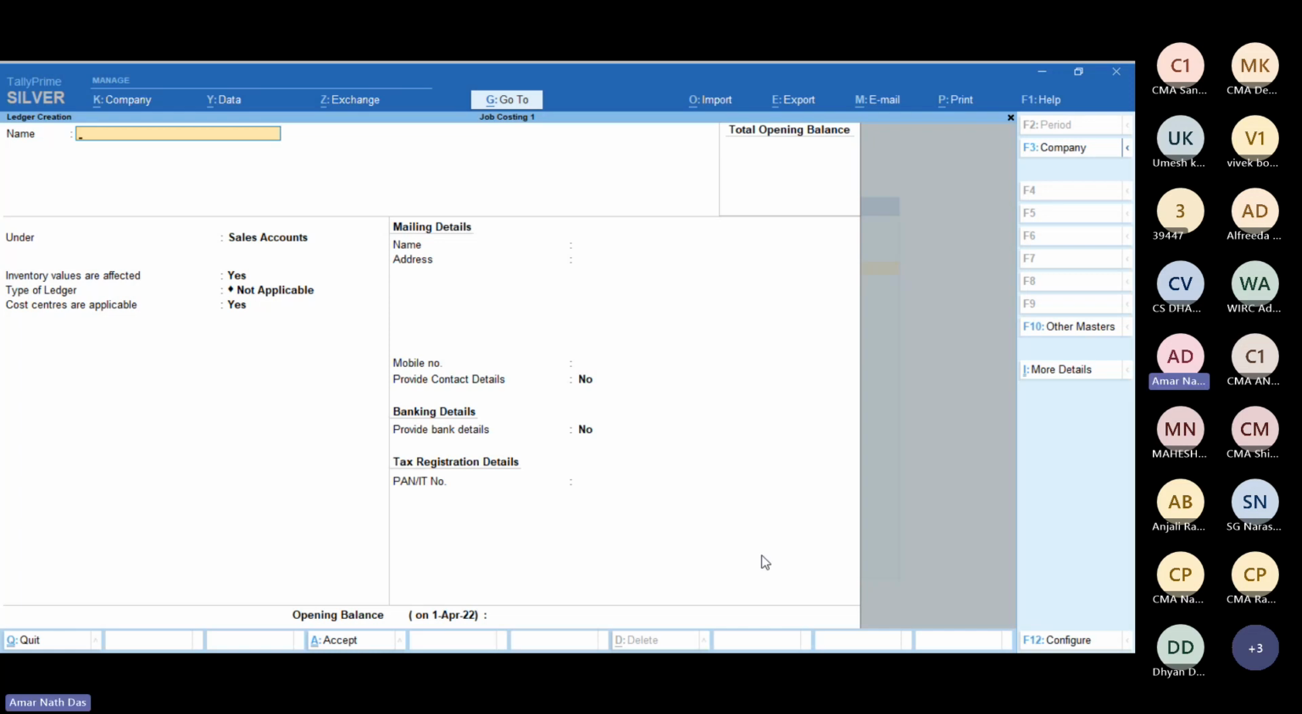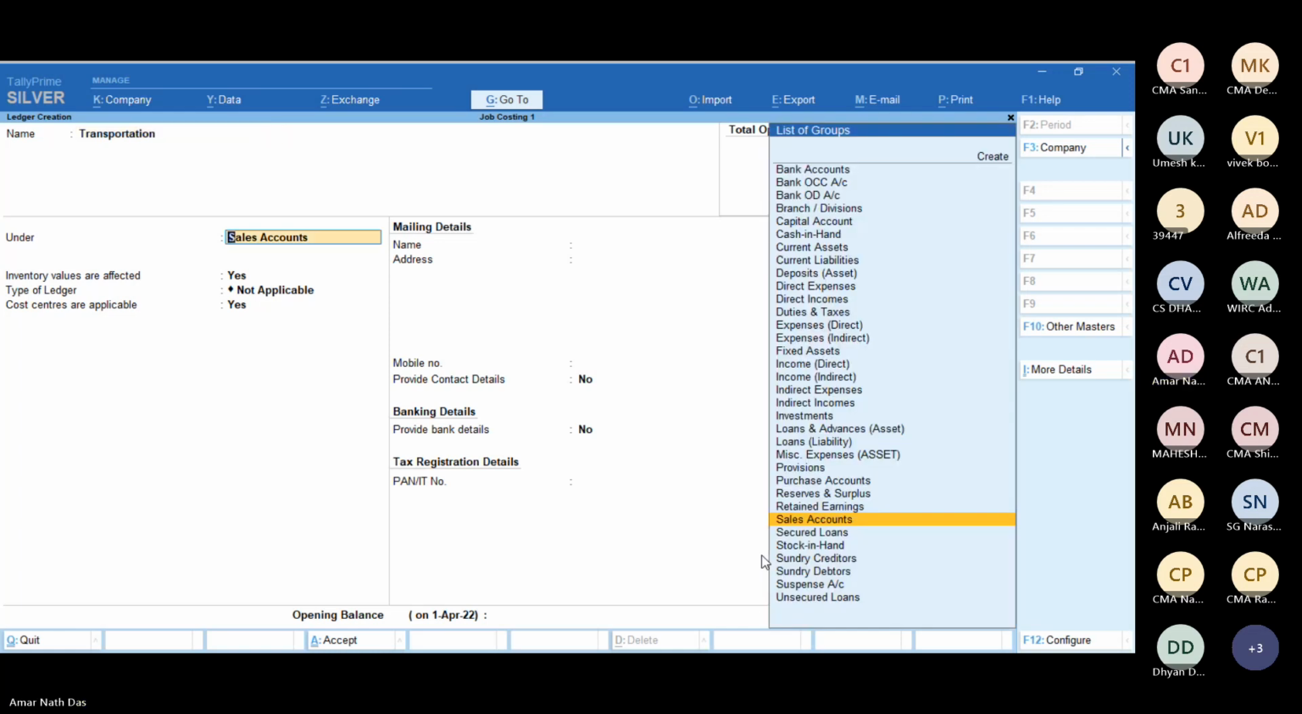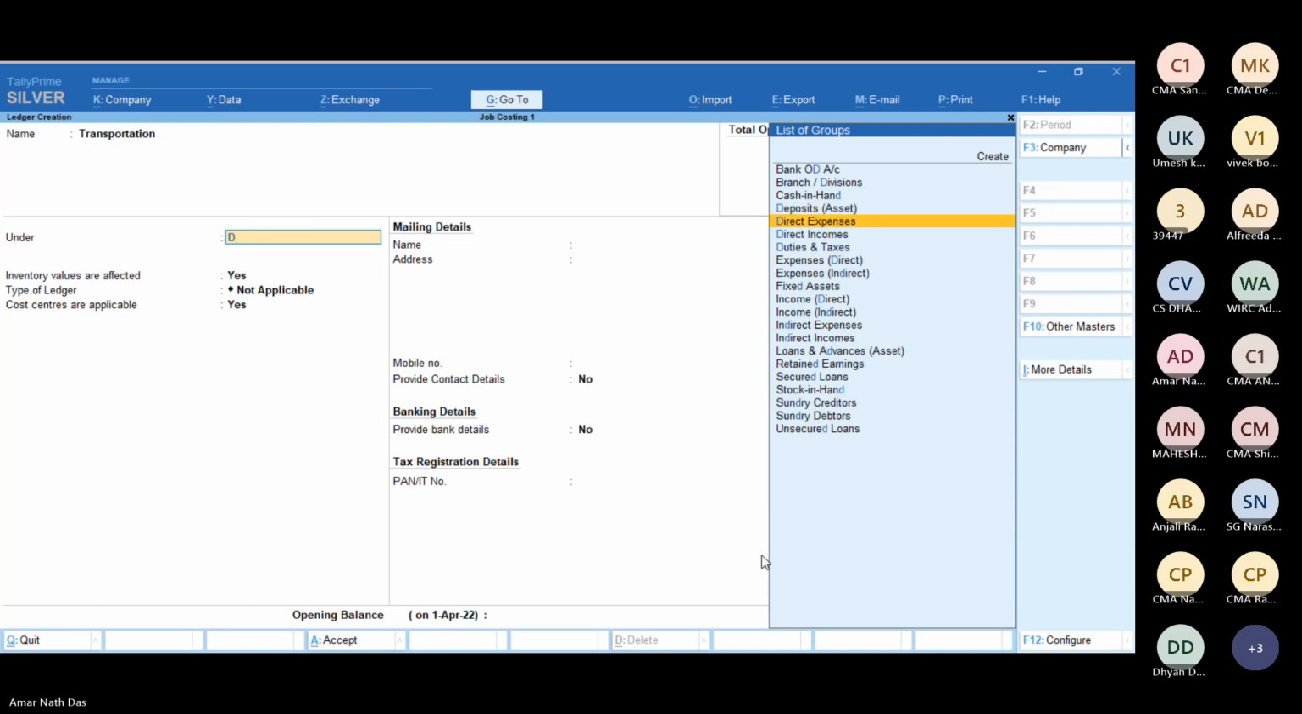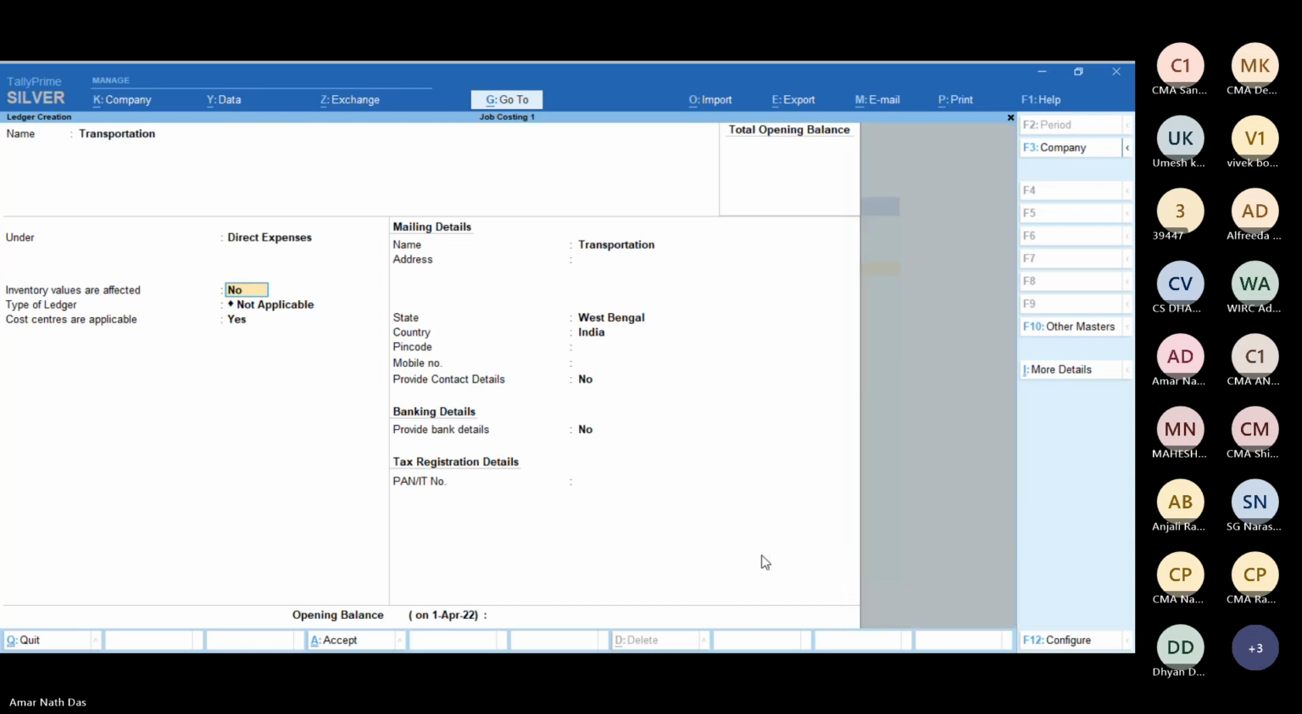So done. Now it's time to create another two ledgers. Then we completed our fourth step. We have created supplier, we have created customers, then purchase, then sale. Now transportation. Transportation charges under direct charges, direct expenses, inventory value not affected,